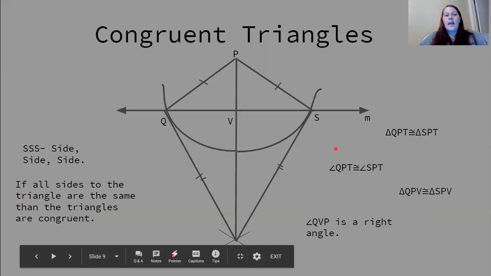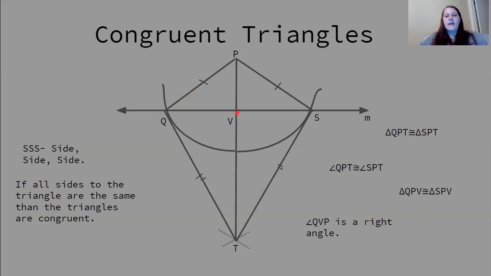Now we want to know if triangle QPV and triangle SPV, this triangle right here, are congruent. We know that lines PQ and PS are congruent. And we know that line PV is congruent because it's a line that is shared. We also know that angles QPV and SPV are the same because they're the same angle from the bigger